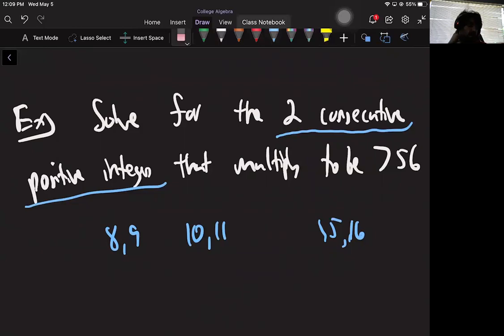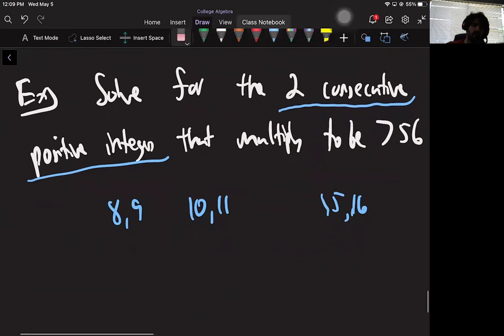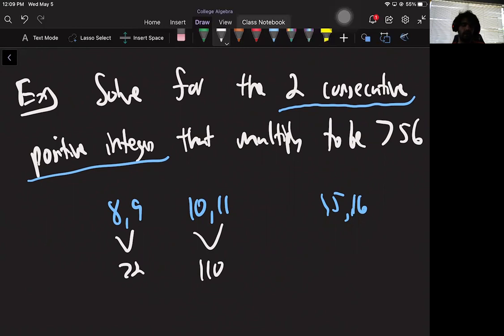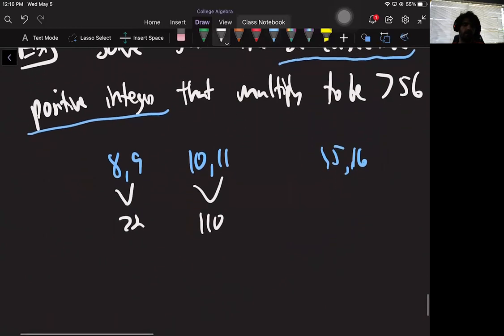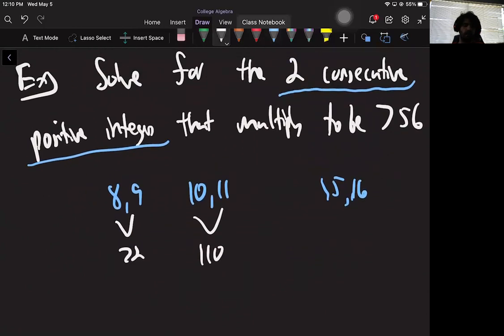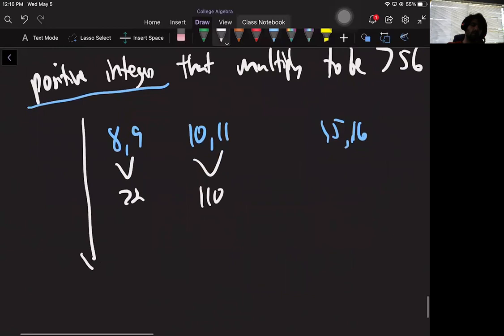The problem is I need them to now multiply to be 756, and I don't want to just check everything. So these multiply to be 72. These multiply to be 110. I'm not just going to check every pair because it'll take way too long, but we can think a little bit harder and then figure out how to write this in a way that uses the stuff we just learned. So what does it really mean for two integers to be